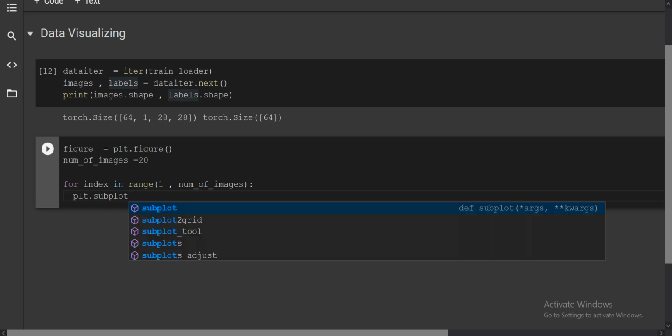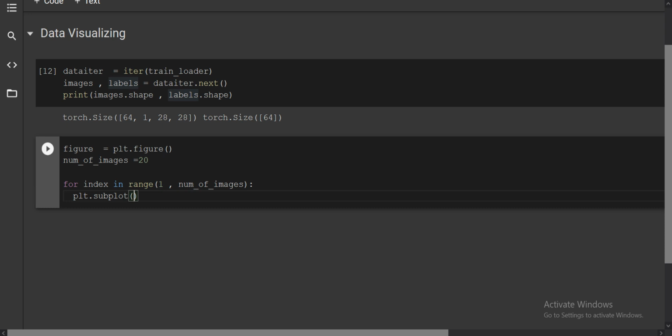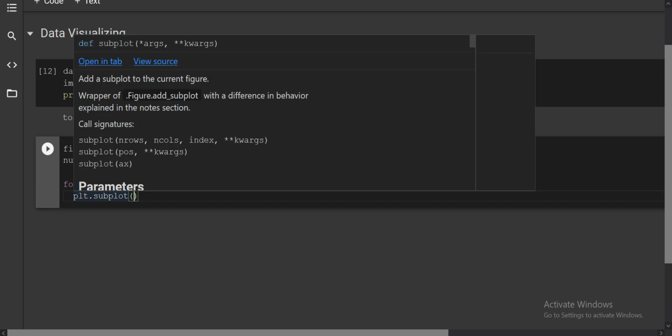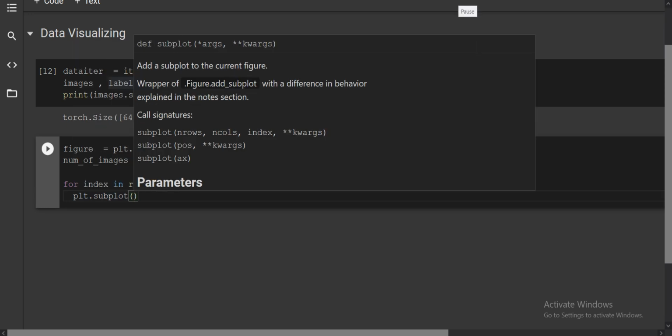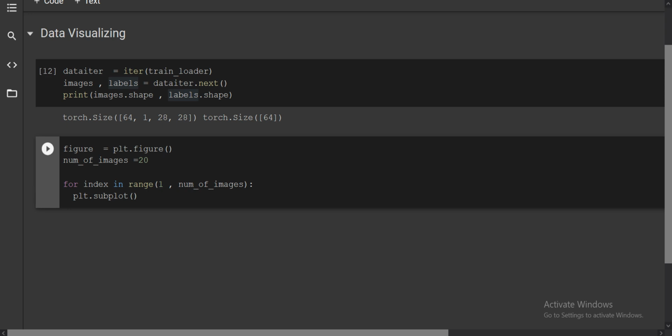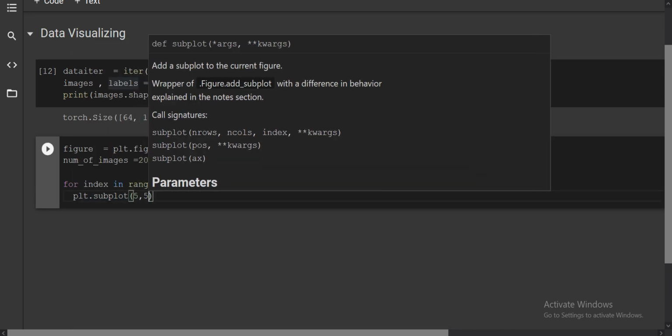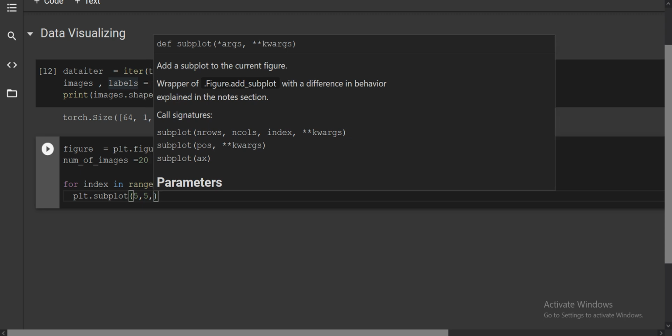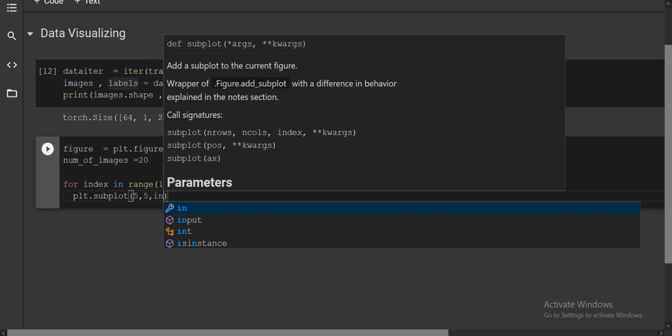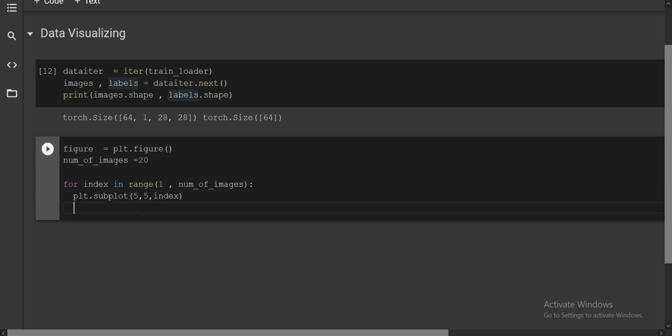Basically it takes the parameters for the number of rows and number of columns. For now we can take 5 rows and 5 columns. Then we pass that index, so it will plot on various plotting surfaces.